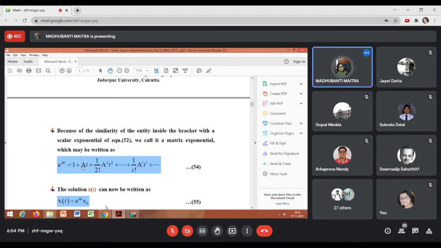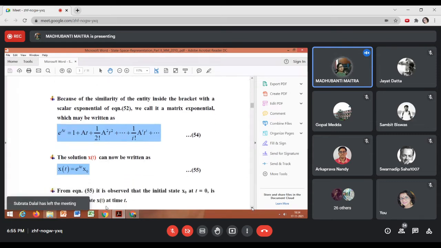So we get our matrix exponential e to the power At, and e to the power At will be equal to 1 plus At plus 1 by factorial 2 A square t square and so on. Here in this expression, you see all the coefficients. This A is a matrix having a dimension n by n. A square is again a matrix having a dimension n by n, right? A^i is a matrix and the matrix will have a dimension n by n. So the coefficients are matrices.